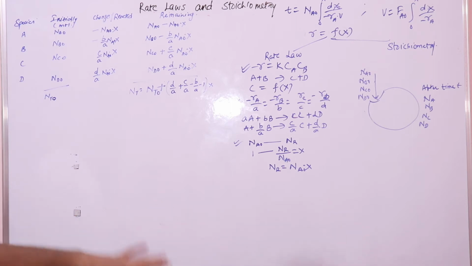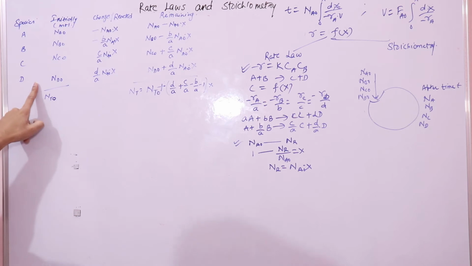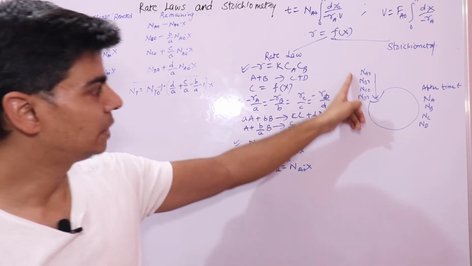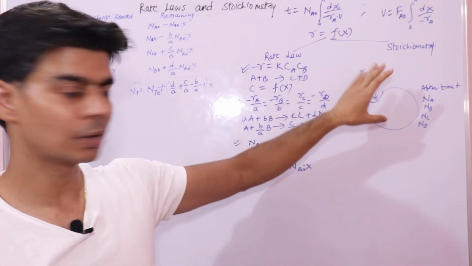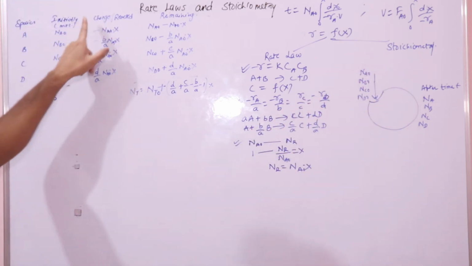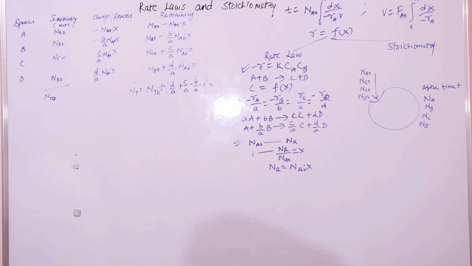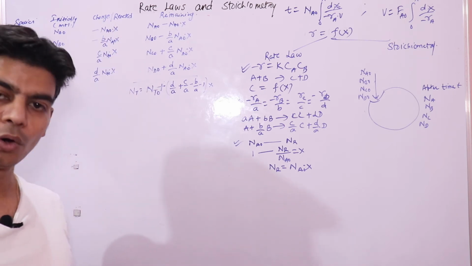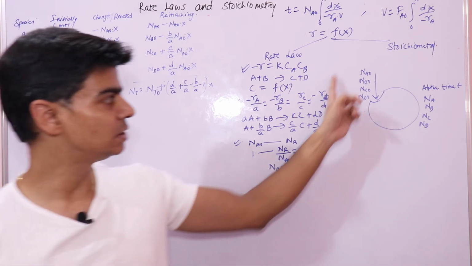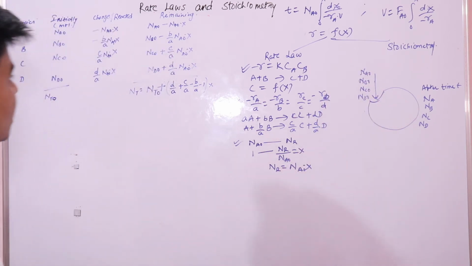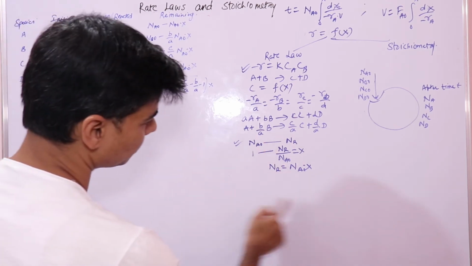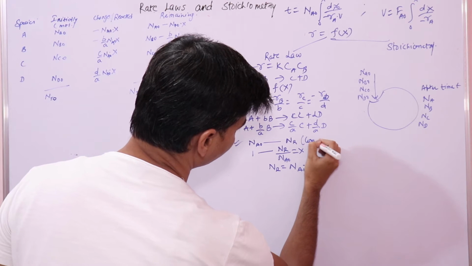Now we would be building this stoichiometric table. Let's quickly see it. There are 4 columns in this stoichiometric table. First column represents the species, the reactants and products A, B, C, D. Second column has the initial number of moles that you have taken in the reactor, or the initial number of moles of reactants and products. And this third column represents change, or how many moles of the reactants that you have initially fed have changed into products. So we would be using this concept of conversion to derive this.